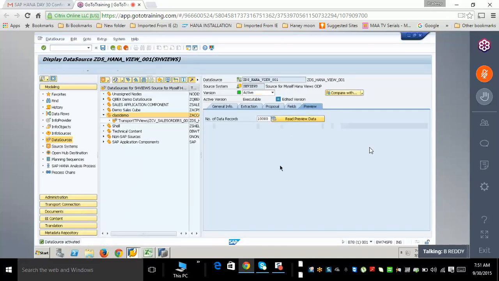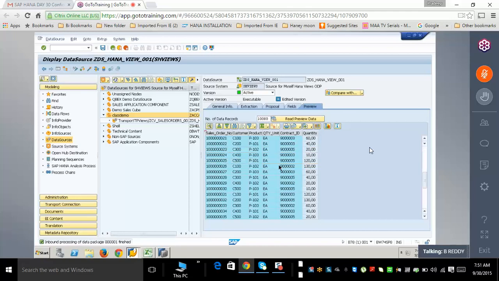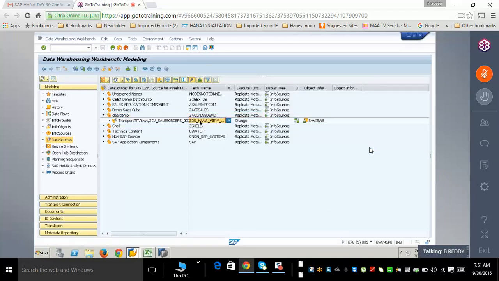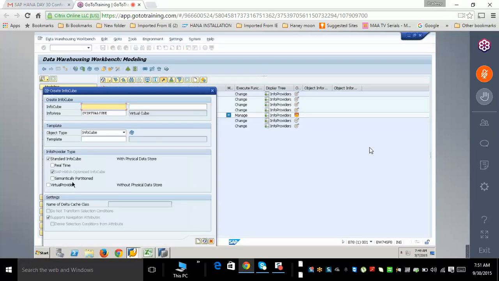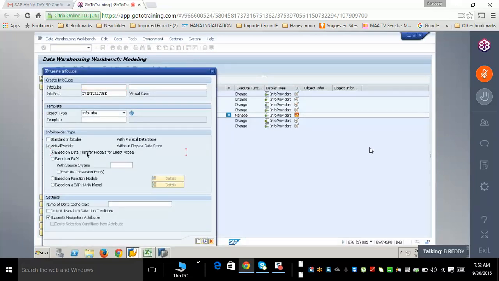Now you're able to see the preview. So I'm able to read the data from the view. Yes. Now this data source can be connected to, and this data source supports direct access. You can connect to remote cube and any stuff. First option is my path option, so I can go to info provider. Can I create a cube with virtual, saying based on direct access DTP and the data source, that connect transformations, direct access DTP